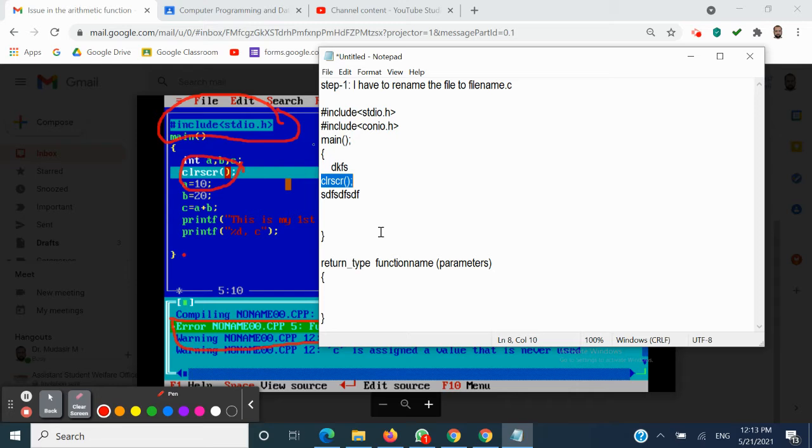It means it will check automatically what is the definition, what are the statements mentioned in clrscr, and it will try to execute it. And here, if you are writing a semicolon with main, it means we have ended the program, which is not appropriate. Therefore, not mentioning the semicolon over here gives an explanation to the compiler that we have to start the program from this particular position,